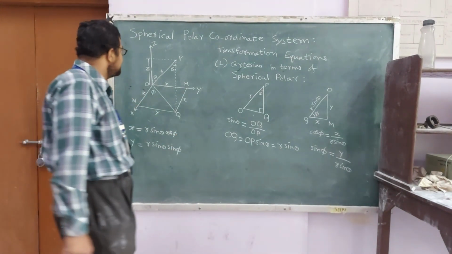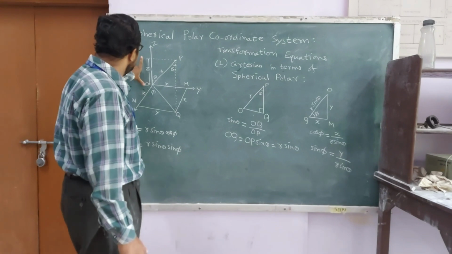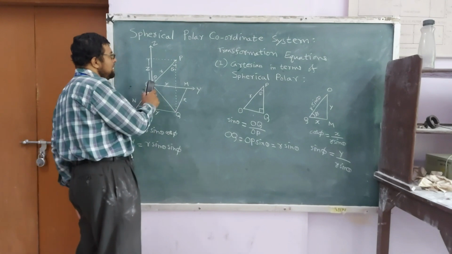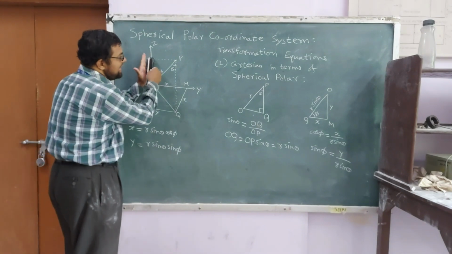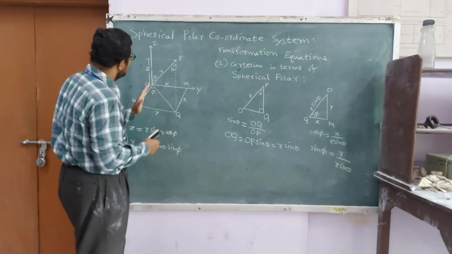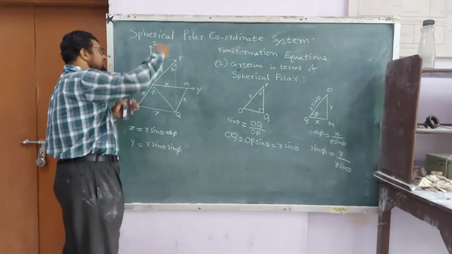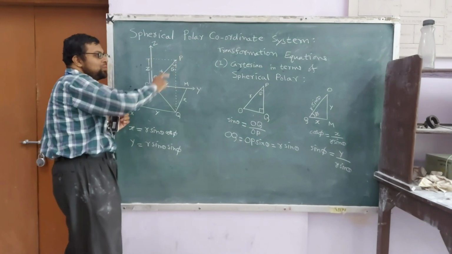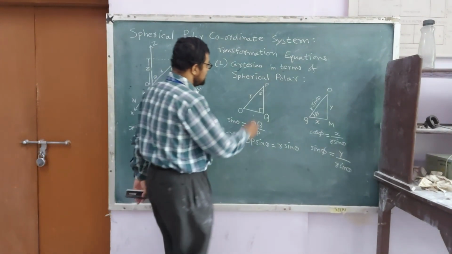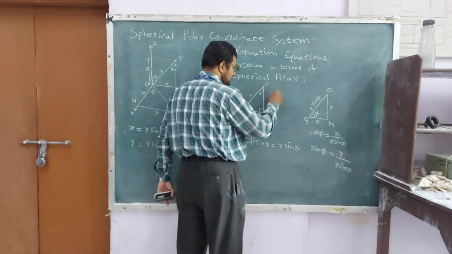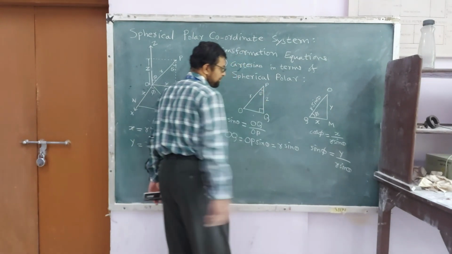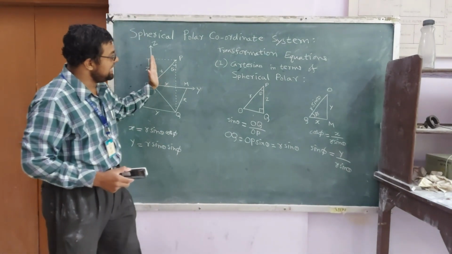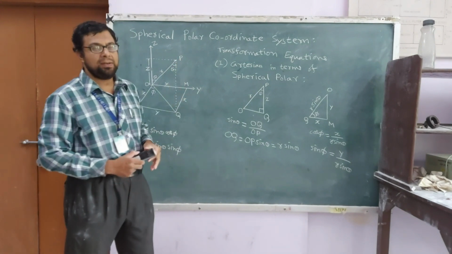Now the third coordinate is the z coordinate. For the z coordinate, either we have to consider this triangle, or since we consider this to be z here, and this one is drawn perpendicular here, this distance z and this distance PQ are the same. So this PQ distance is nothing but our z coordinate, because they are parallel to each other. PQ is itself the z.